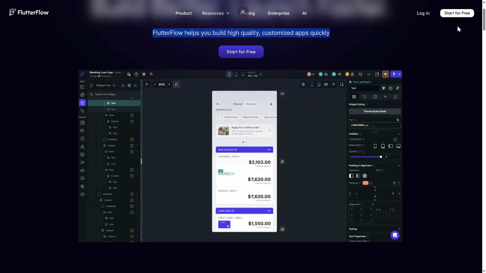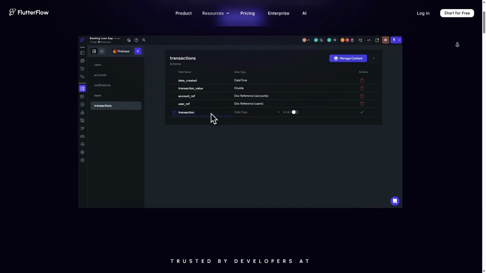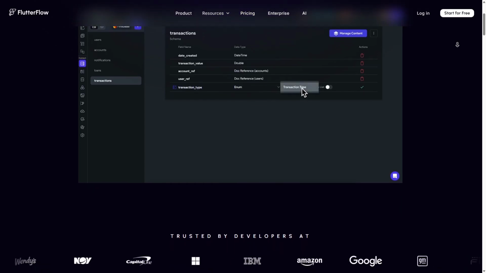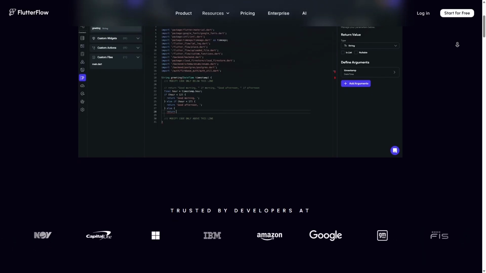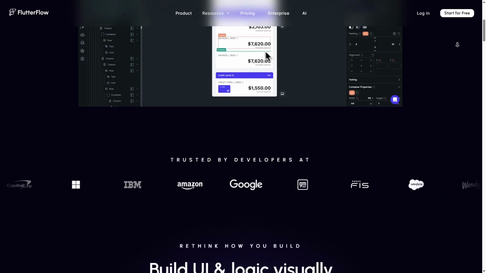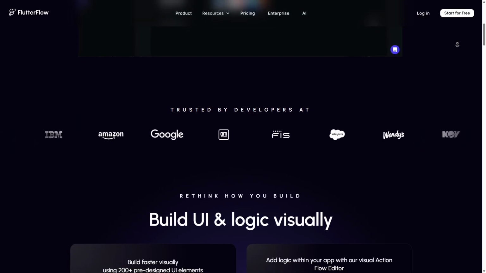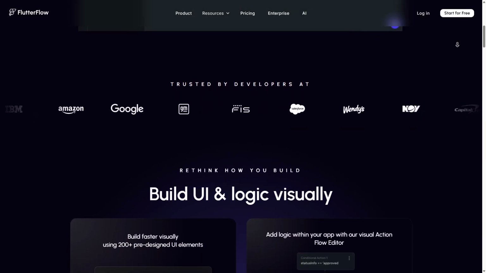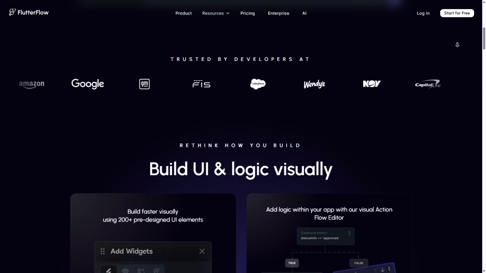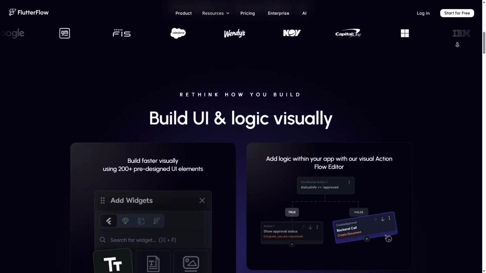FlutterFlow is a visual app development platform that uses a drag-and-drop interface on top of Google's Flutter framework. It lets you design UI components, configure data sources, and define app logic through visual tools that generate clean Flutter code in the background. FlutterFlow also supports integrations, custom actions, Firebase backend services, and real mobile app exports for iOS